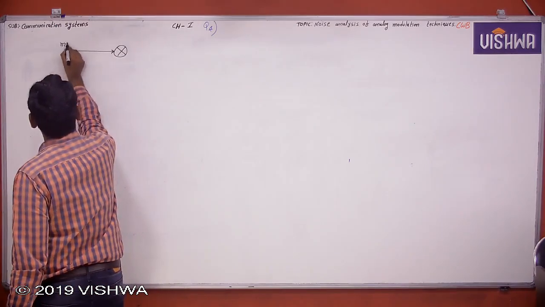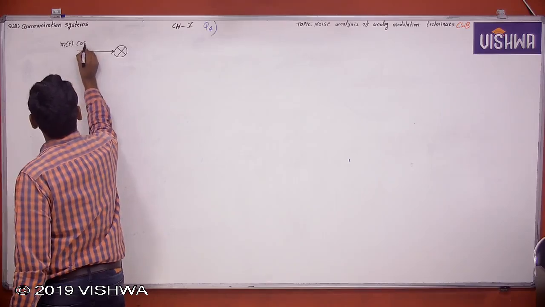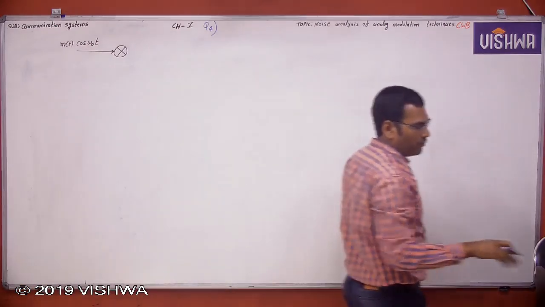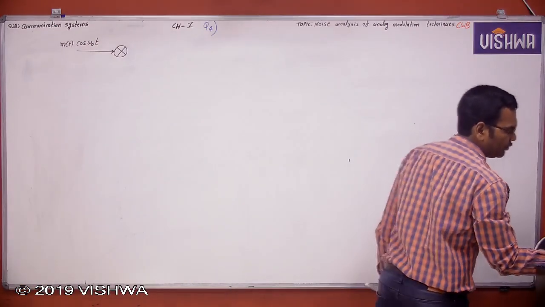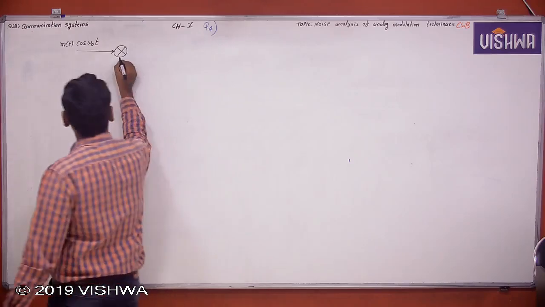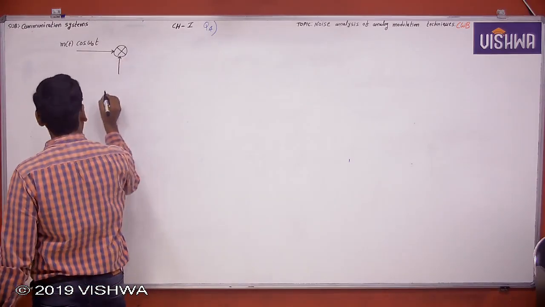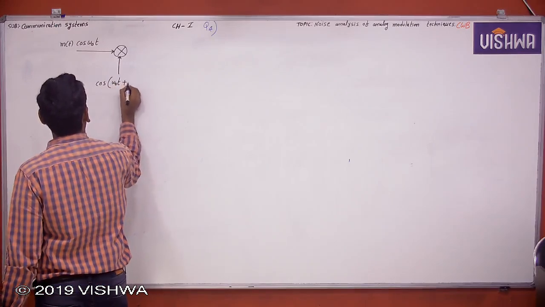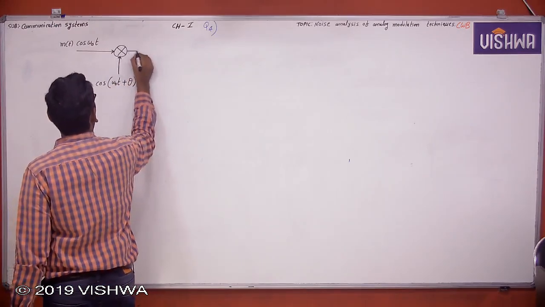M of t into cos omega naught t, and this is a multiplier, multiplied with cos of omega naught t plus theta, and this is passed through